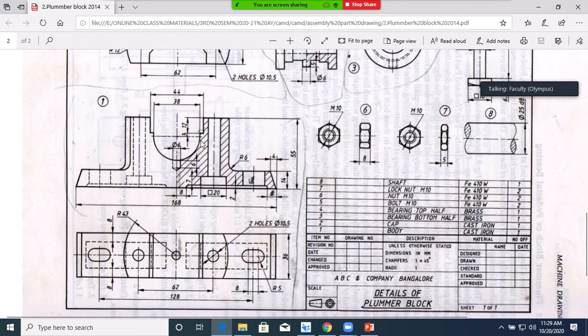But here you don't have a flat surface. When you have a curved surface, you cannot select that as a plane. What you have to select? Either you have to select this flat surface or this flat surface. Okay, I will select this flat surface. When I am giving the depth of the hole, I had this dimension also. What is this dimension? 12 plus 3, 15. 15 plus this radius is 19. 19 plus 15, 34. From here to here there is no material, you are simply giving depth to reach this point. 34 plus 6, 40 you have to give.